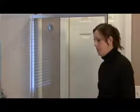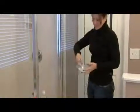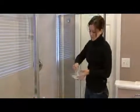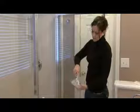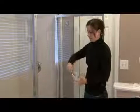If you have cracks and crevices you need to get into, mix vinegar with baking soda to make a paste like this. And this you can really use as like a soft scrub type material. Another thing that works excellent,